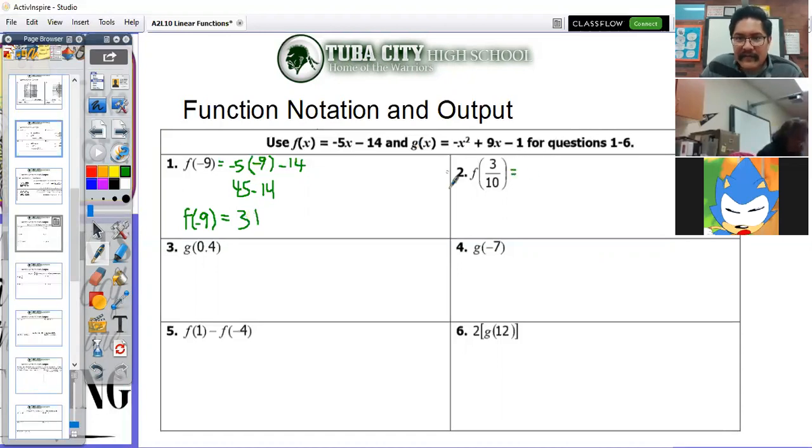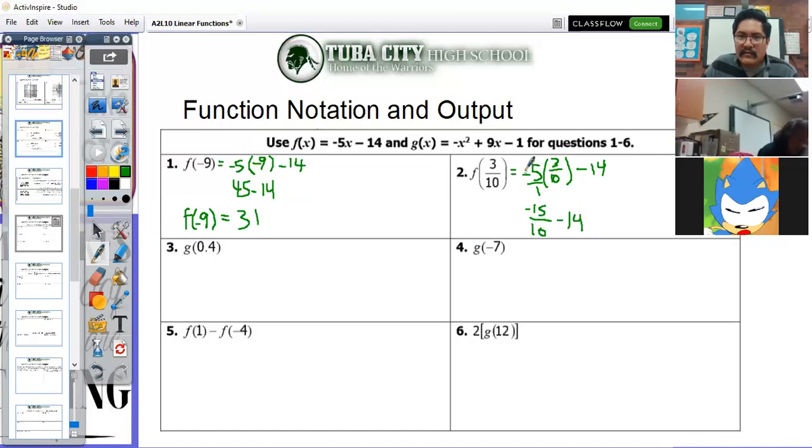All right, so f of 3/10. So I'm going to go ahead and put in negative 5 and plug in. I'm just going to use the same thing. So negative 5 times, take out the x and put in 3/10 minus 14. So to multiply these together, top number times top number. So that's 5 times 3 is 15. I'm already getting ahead of myself. 15 over 10